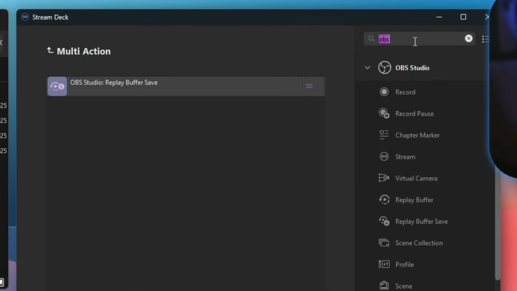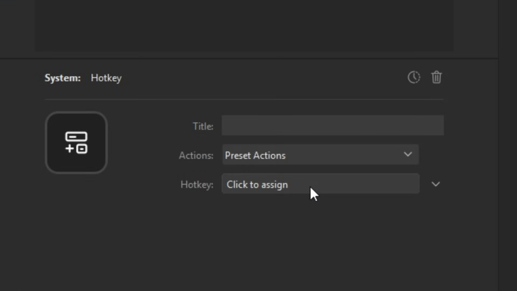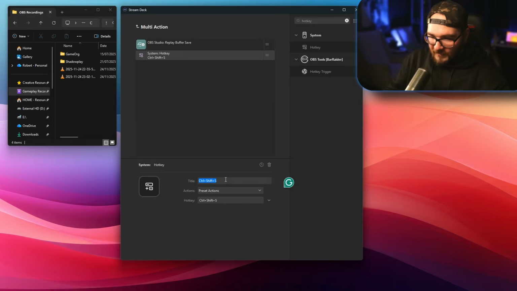and now you have a horizontal clip being saved when you press the button. Next up, we're going to need to add the hotkey that we made before to capture Atom Vertical. Grab it, drag it over, assign the same hotkey that you created before, Control-Shift-S, and then we're going to rename this one Vertical Clip. So now that's our horizontal and our vertical done. Let's go ahead and add the stream markers.